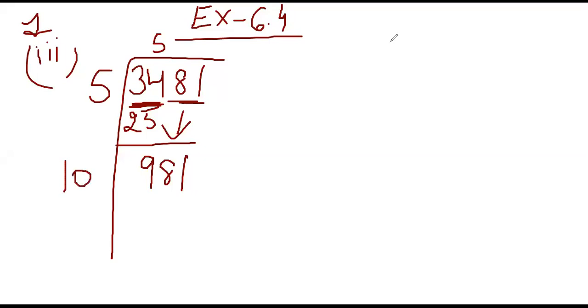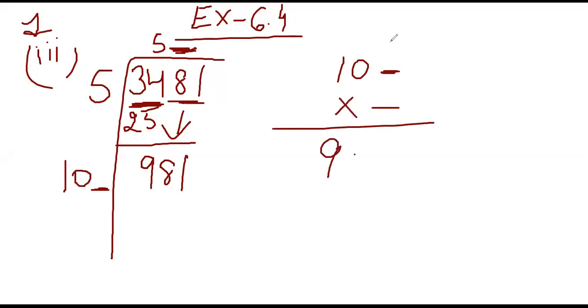Now see on which number it will go. Remember this number and this number here, जो क्वेश्चन में आएगा, it should be same. 10 के साथ आपको नंबर लेना है and both these numbers should be same और multiply करने पर 981 होना चाहिए. You have to choose this number and both numbers should be same here.